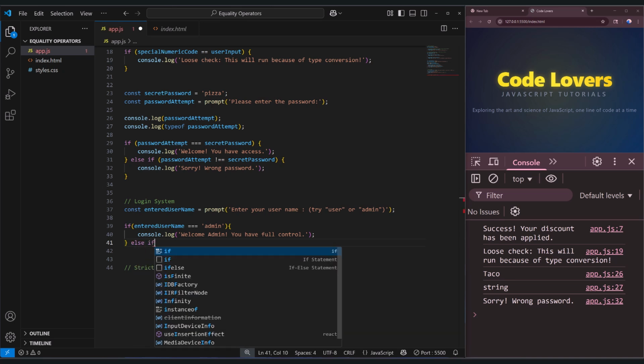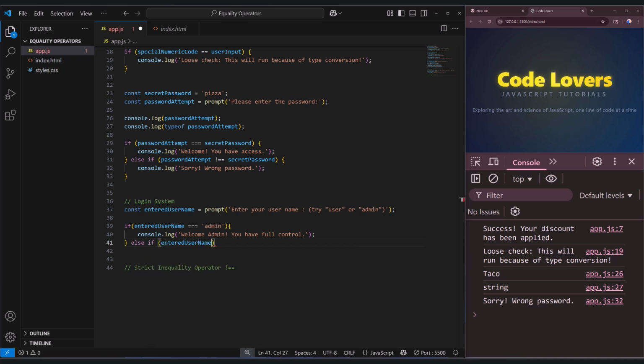Next, else if enteredUsername user, console.log hello user, welcome to your dashboard, semicolon. And else as a default part, else